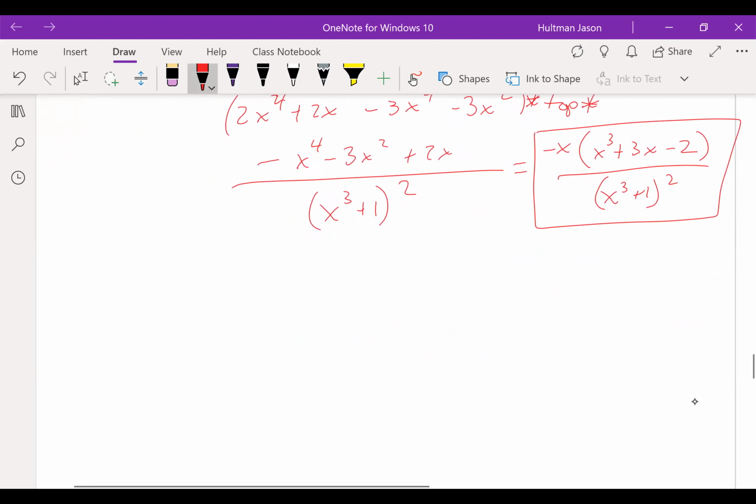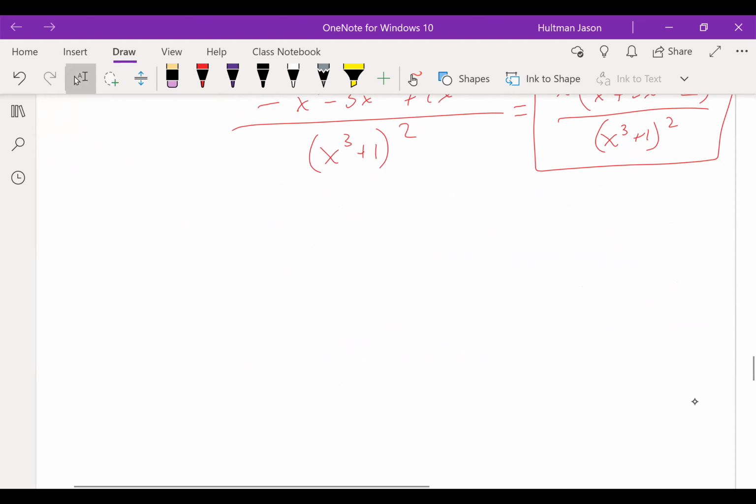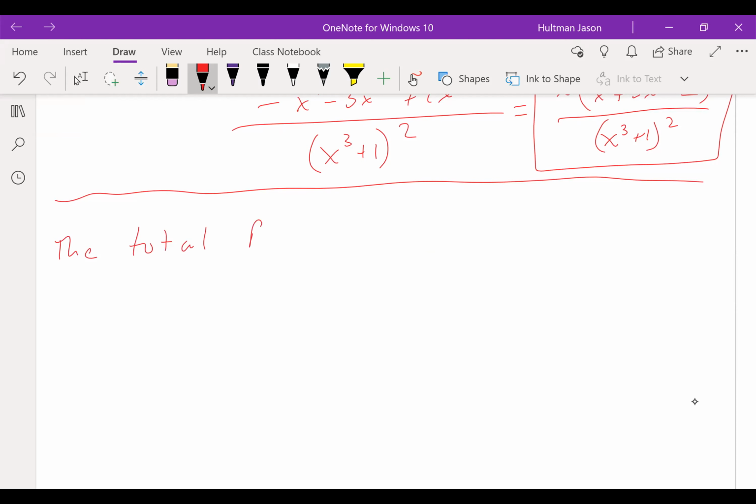Now, how are we going to use this thing called the derivative? Let's get into the application. Let's start talking about business. Let's get down to business, as they say. The total revenue function is given by